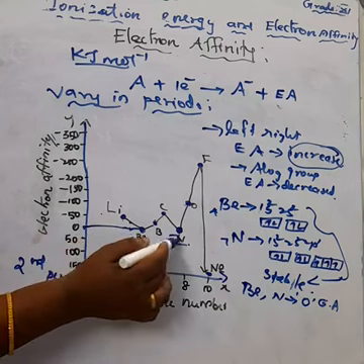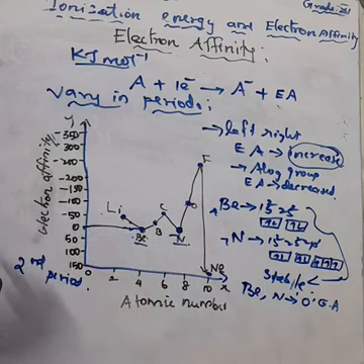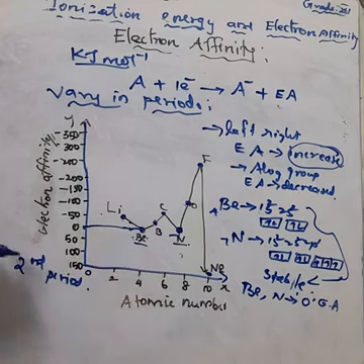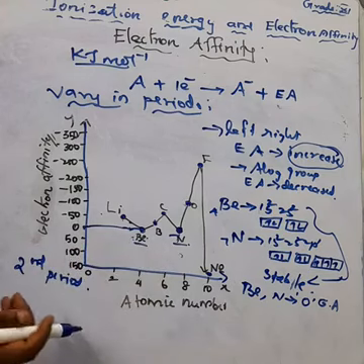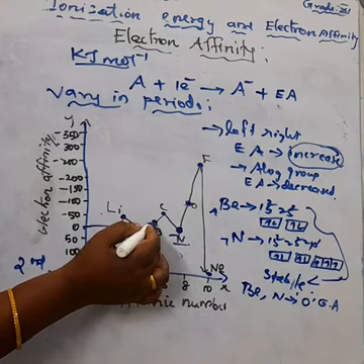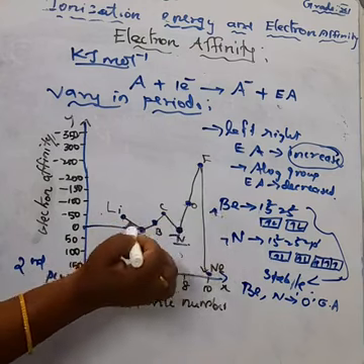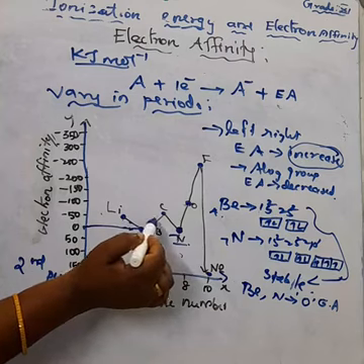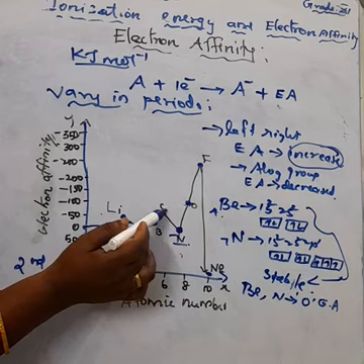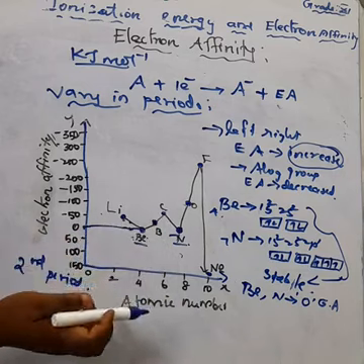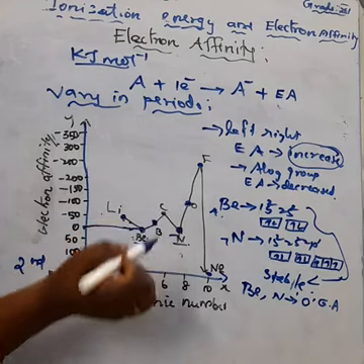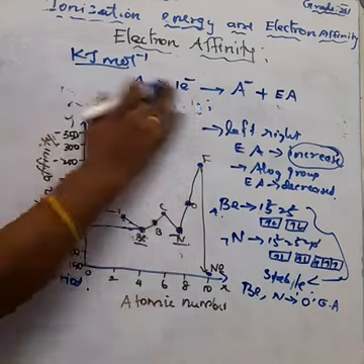So the electron affinity of beryllium and nitrogen will be 0. After that, boron's electron affinity will be lower than lithium, and boron and carbon are also low, and nitrogen is 0. In the case of oxygen, atomic number 8,